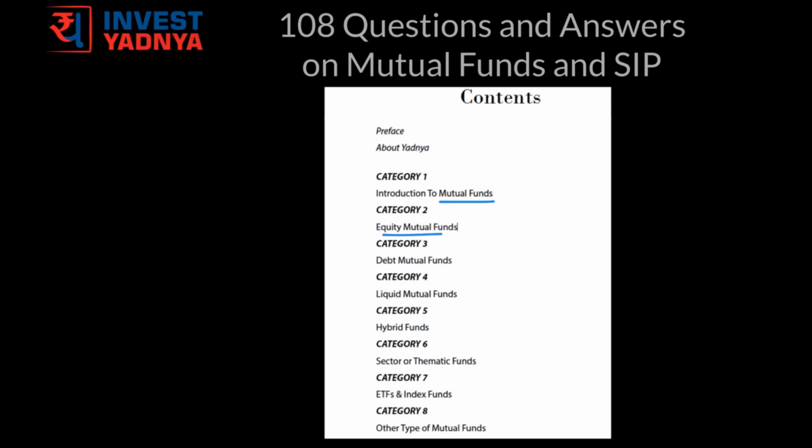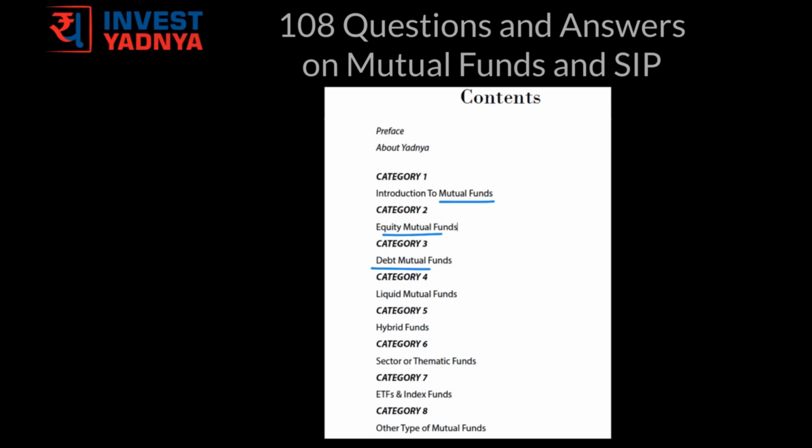The third category deals specifically with debt mutual funds. Along with telling you what are their advantages, disadvantages, types, etc., it tells you how debt funds work. It compares debt funds with fixed deposits. It talks about safety of debt funds, its taxation, dividend distribution tax. Also talks about different kinds of debt funds like dynamic, gilt, floater, etc.